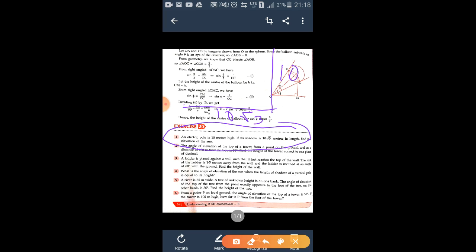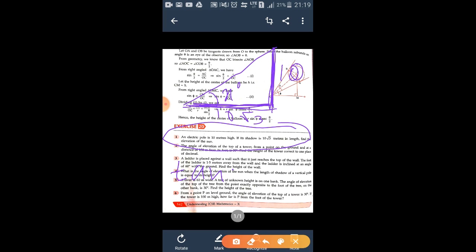Yes, find the elevation of the sun means what? They are asking you about this angle. So in the previous sum which I showed you, the angle was given, but here this angle is not given, so we are going to take it as x degree. Yes, so here also, which are the two pieces of information you have? You have the perpendicular and you have the base. Now you need to think about a trigonometric ratio which has both perpendicular and base. So tan has both perpendicular and base.